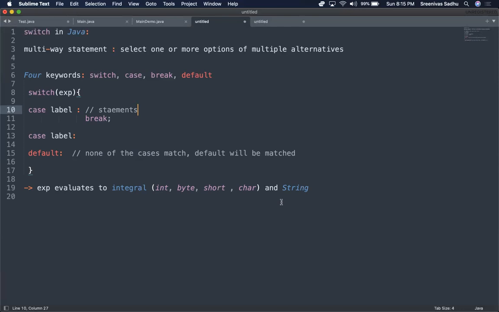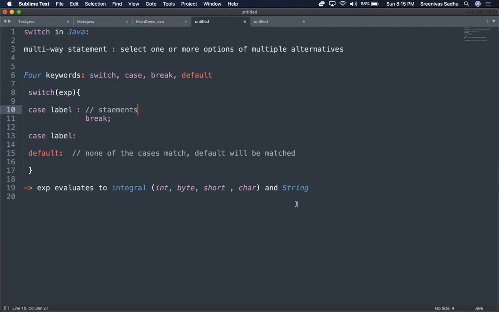And in Java, even though long is an integral value, long is not accepted as a switch expression value. The switch expression can be integer, byte, short, or character. From Java 1.7 onwards, string is also allowed.